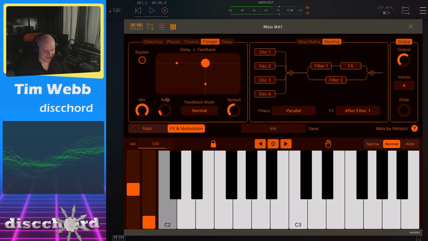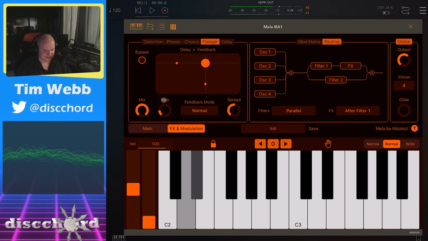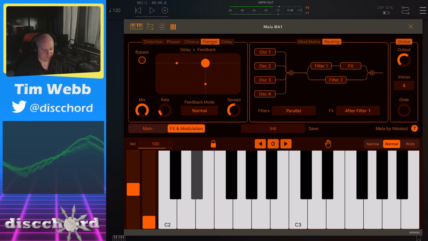Listen how crazy that sounds. Right now, you're missing a lot of the high mids because I'm filtering it weirdly to do the effects thing here, but